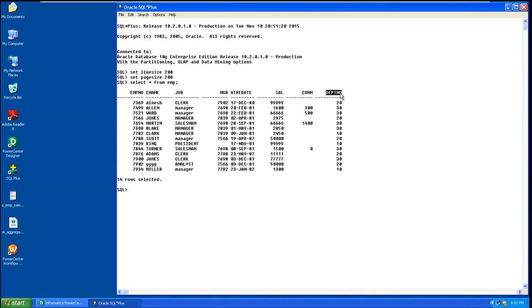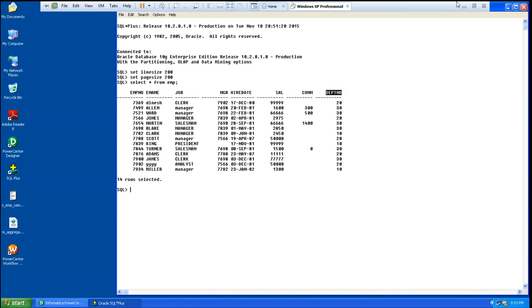Now, the name itself says it is doing some filtering, right? Filter means, whatever the filter condition, if the records satisfy the filter condition, those records only will be processed to the target. Records that do not match the filter condition will not be processed.